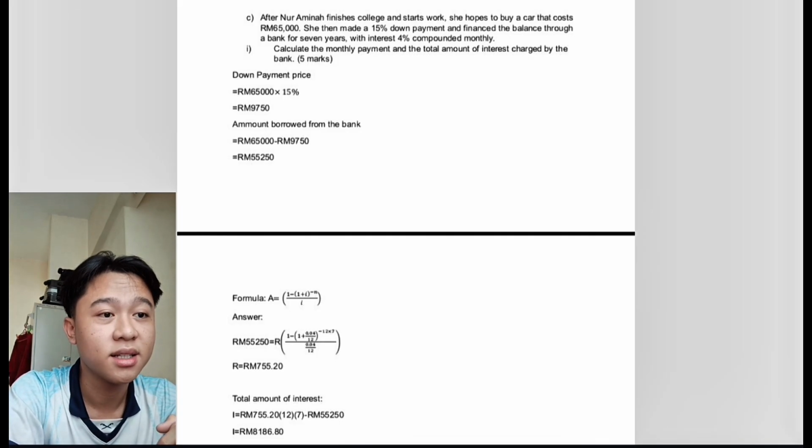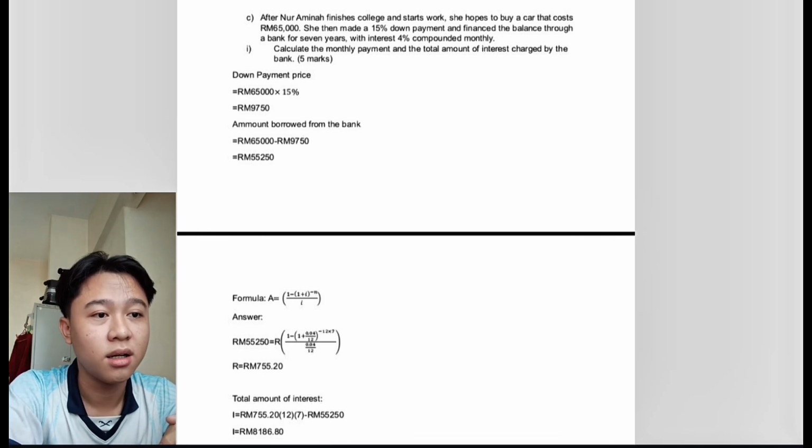The question is: calculate the monthly payment and the total interest charged by the bank. The down payment is 65,000 times 15%, which is 9,750. So the amount borrowed from the bank is